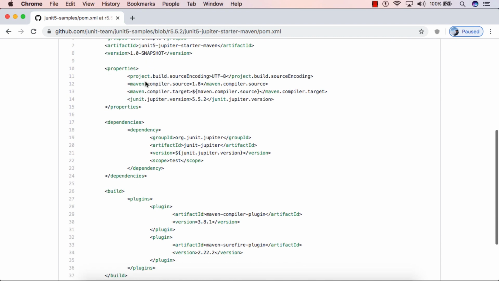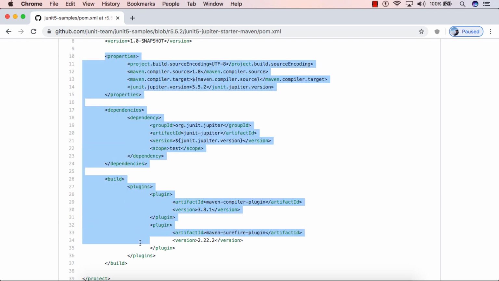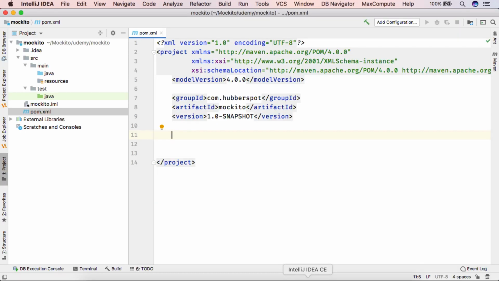So we can simply copy this stuff where we are adding the dependencies and the two plugins. And here are the properties related to the version of JUnit Jupiter and also the Maven compiler source and target, because we are using Java 1.8. So we'll simply copy this and paste it here.